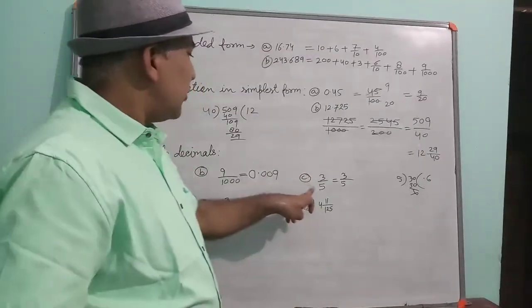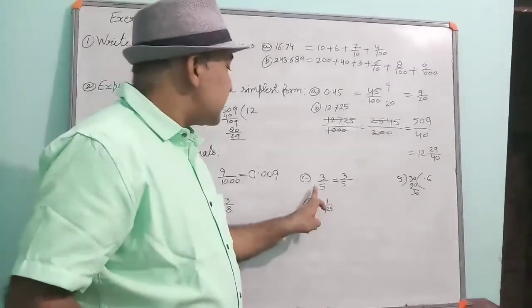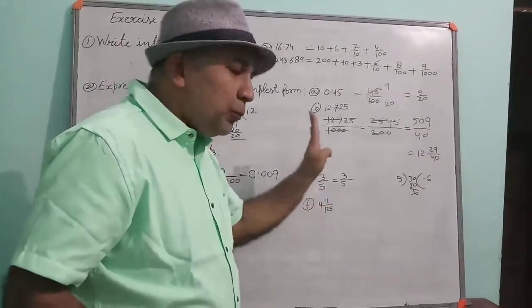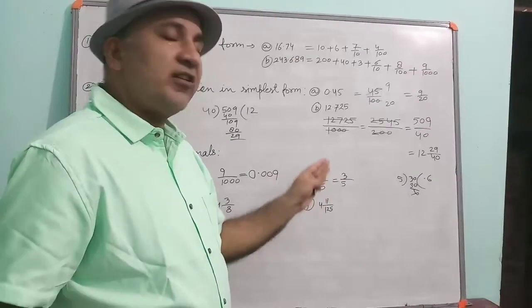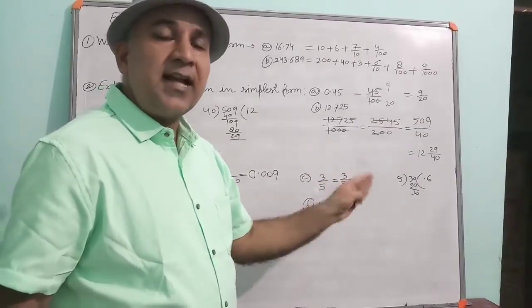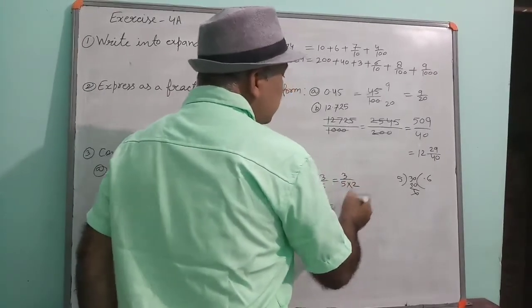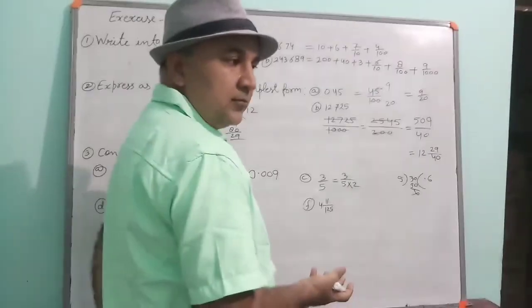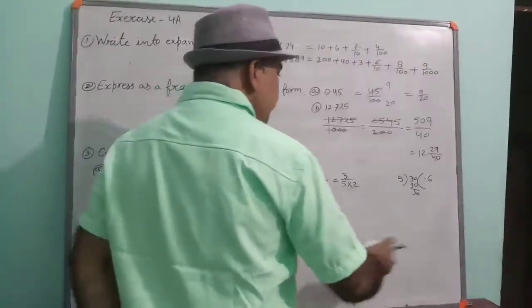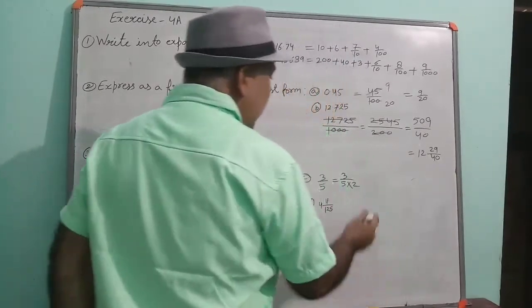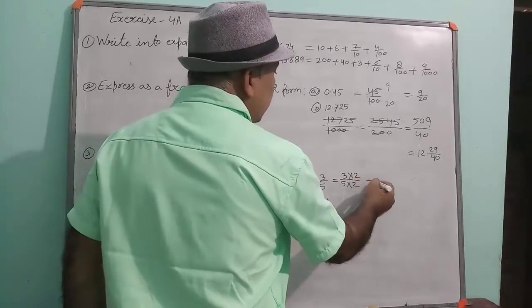Think of a number which is multiplied by the denominator to make it a power of 10. Powers of 10 means 10, 100, 1000, 10,000, lakh and so on. You can see that if 5 is multiplied by 2, it will become 10. 5 2s are 10, and dividing by 10 the division will be easy. So when you are multiplying 2 in the denominator, you must multiply 2 in the numerator also.